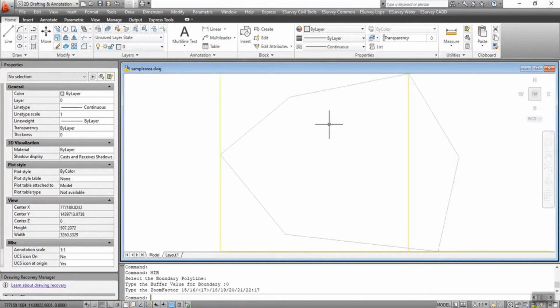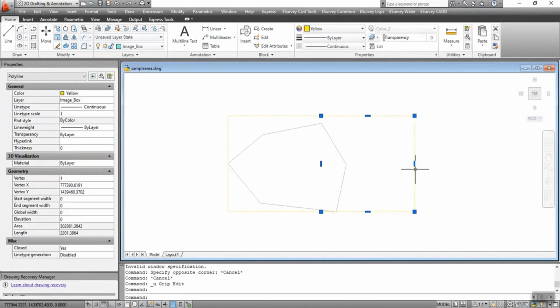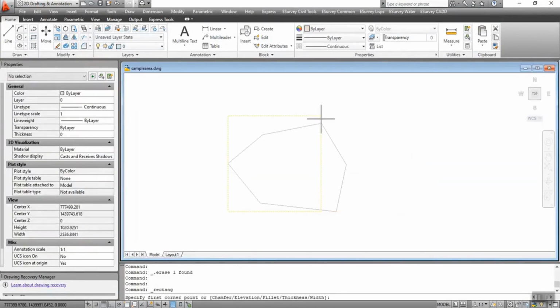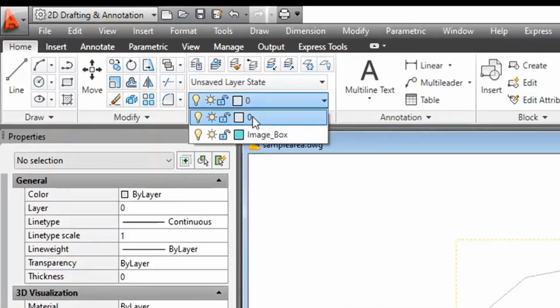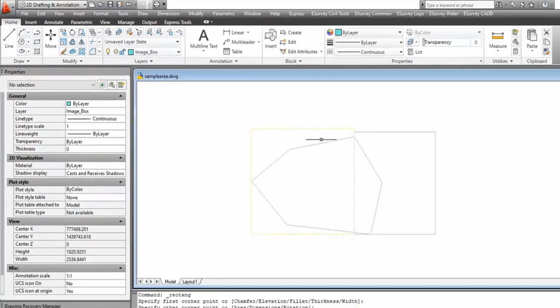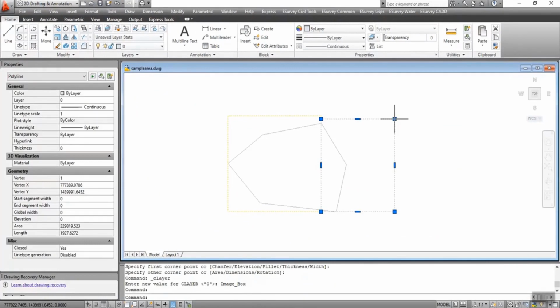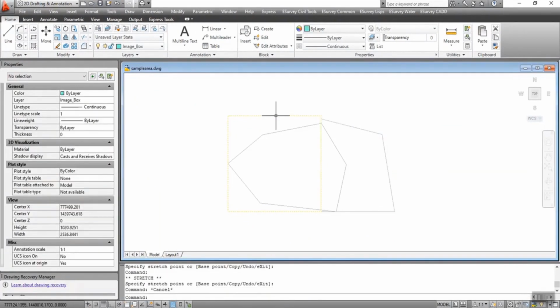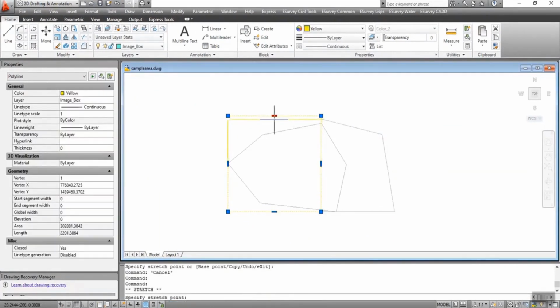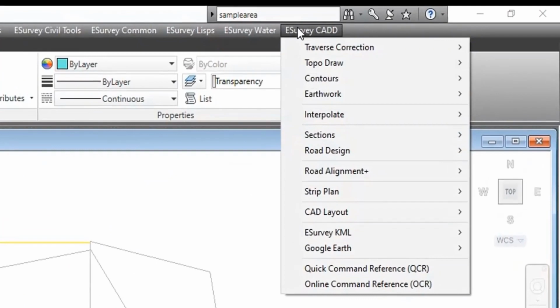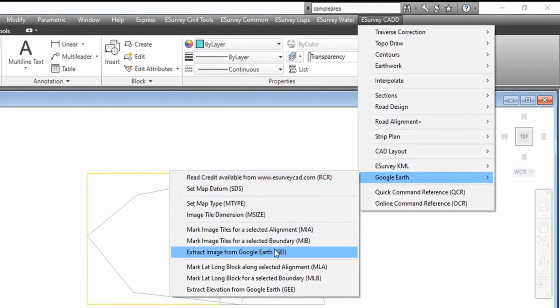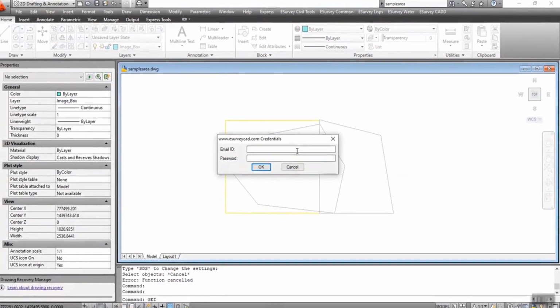Depending upon the zoom level you specify, the boundaries are marked. You may delete some of the boundaries, or you may manually add more closed polygons in the image box layer. You have the liberty to alter polylines to different shapes, but please ensure that the width or height of the polygon does not cross the maximum distance allowed for a given zoom level. Once you are ready, you may use the GEI command from the Google Earth submenu of the eSurvey CAD menu and download